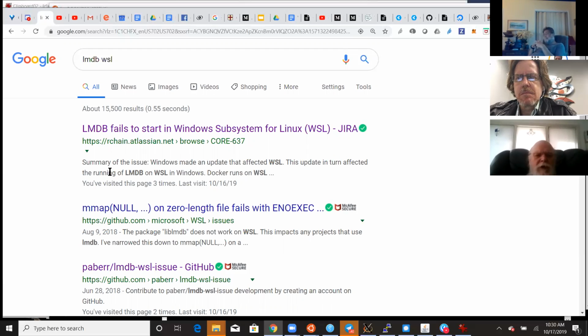So I was kind of curious if this might not be a driver problem, but I don't see how it could be. I mean, it's simply a key value store. It's a database. The only thing it uses is memory and disk space.